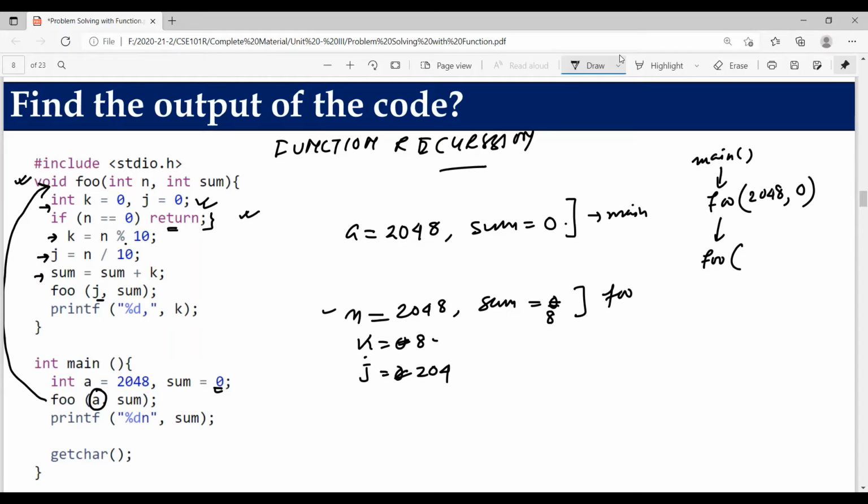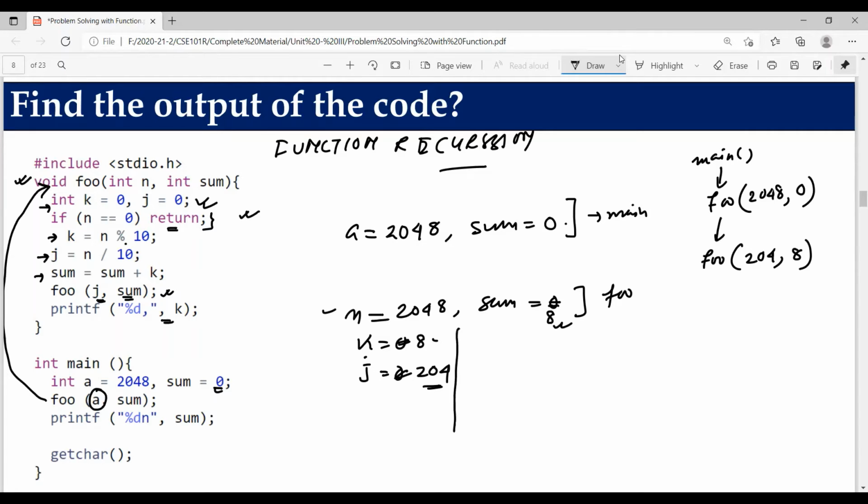We are passing j, whose value is 204, and the value of sum, which is 8, as you can see. If you look carefully, after this function call there is a printf statement as well.